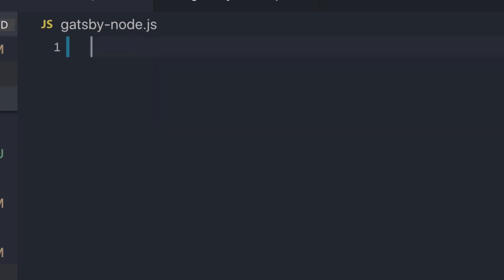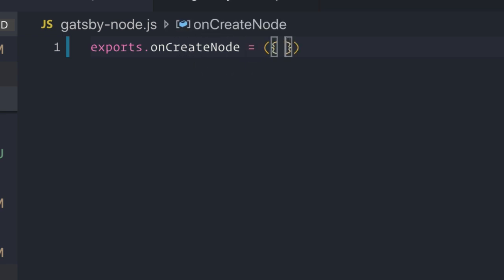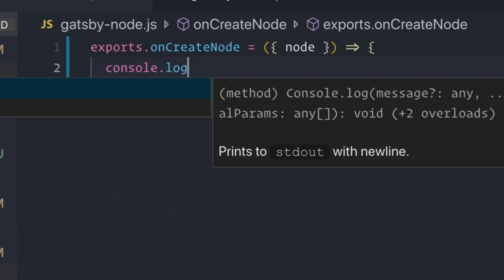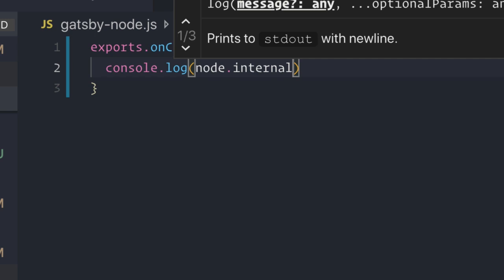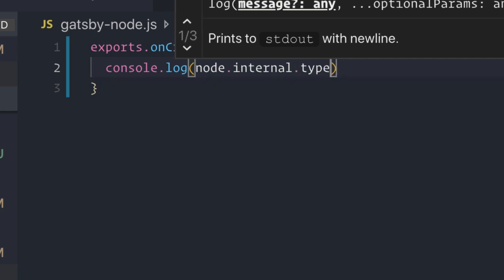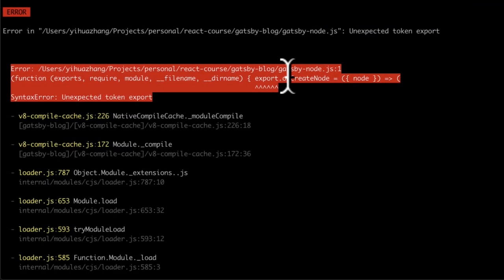So let's just get rid of this. And what we're going to say is exports.onCreateNode. Gatsby is expecting that if you export this method onCreateNode, it is equal to a function, and they're going to pass this function a bunch of properties, one of them being the node itself whenever it's creating the node. As you remember when we did our GraphQL query for our files, each file had a node, which was a representation of that file. So we're just going to simply console.log that node object. There's a property on there called internal, which represents data about the actual node itself, and we want the type. So now, if we refresh our server,